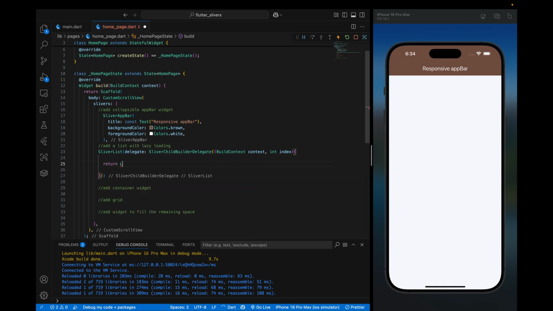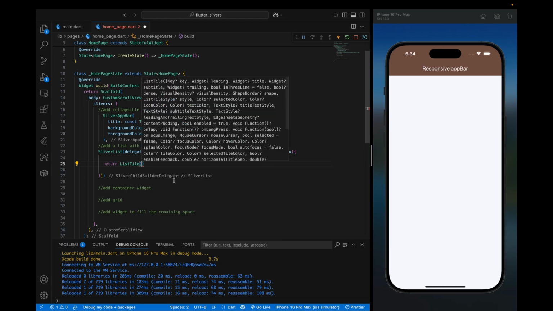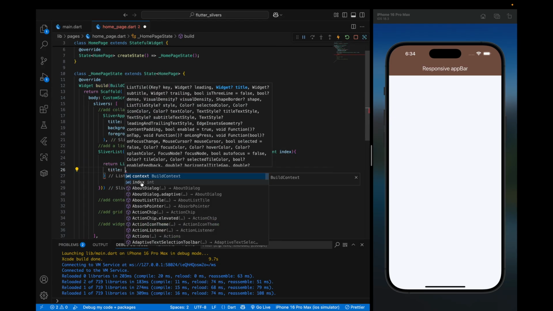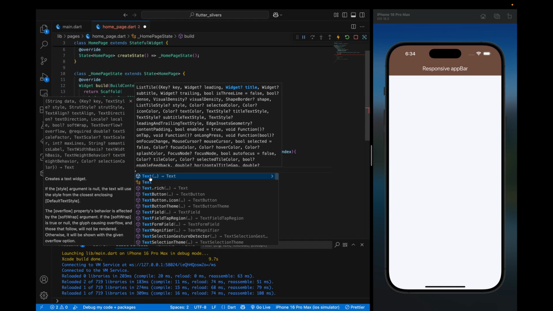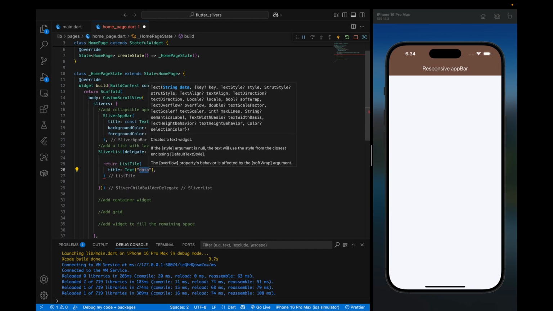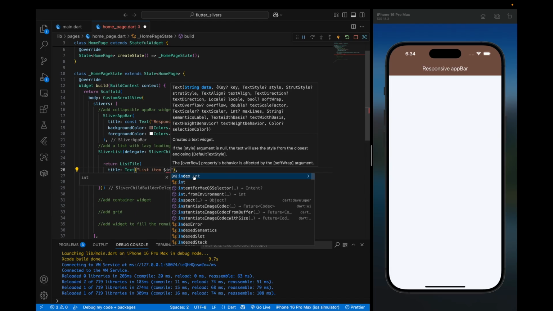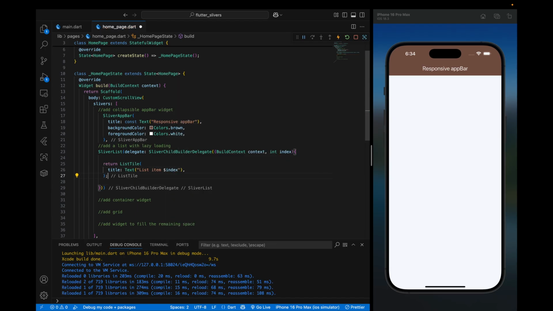So let's return a list style widget. Right here, let's define just the title property. You can use a text widget. And let's say list item, and then do a string interpolation using the index. So add a semicolon right here. Now if you save as it is,